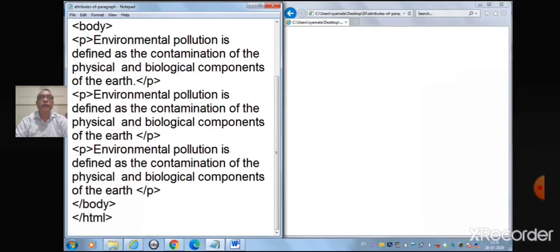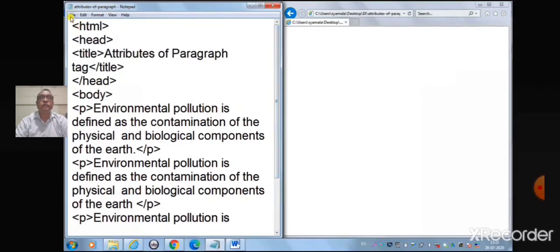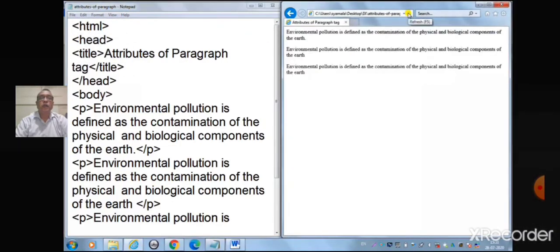Save the file and refresh it in the browser. Now you see three different paragraphs. All are left aligned. There are no attributes written for it. We will start writing attributes to the paragraph. Come to the Notepad window.